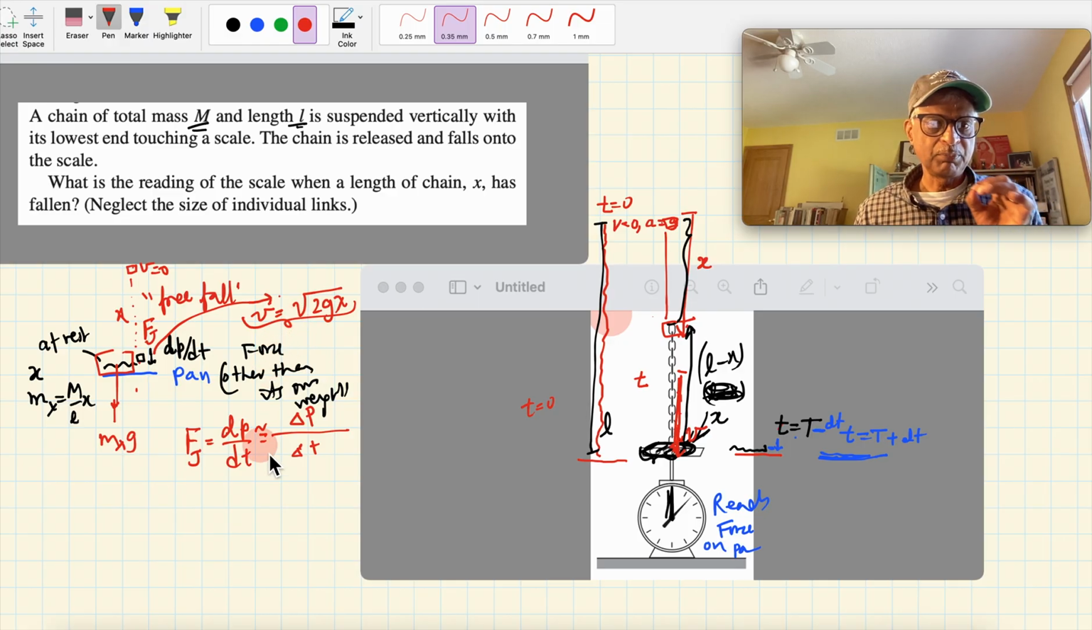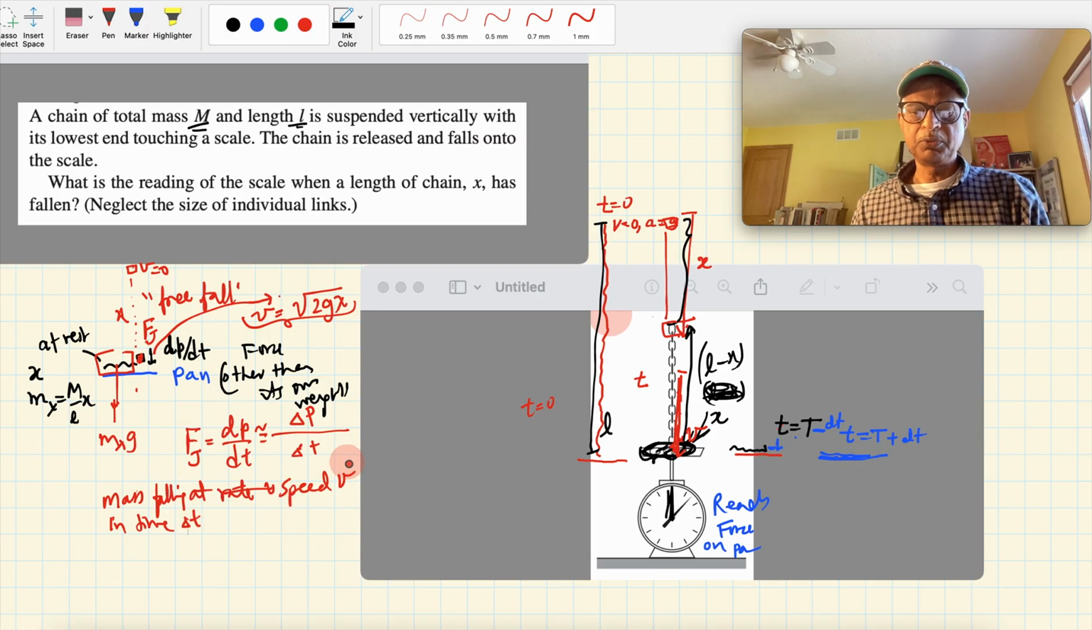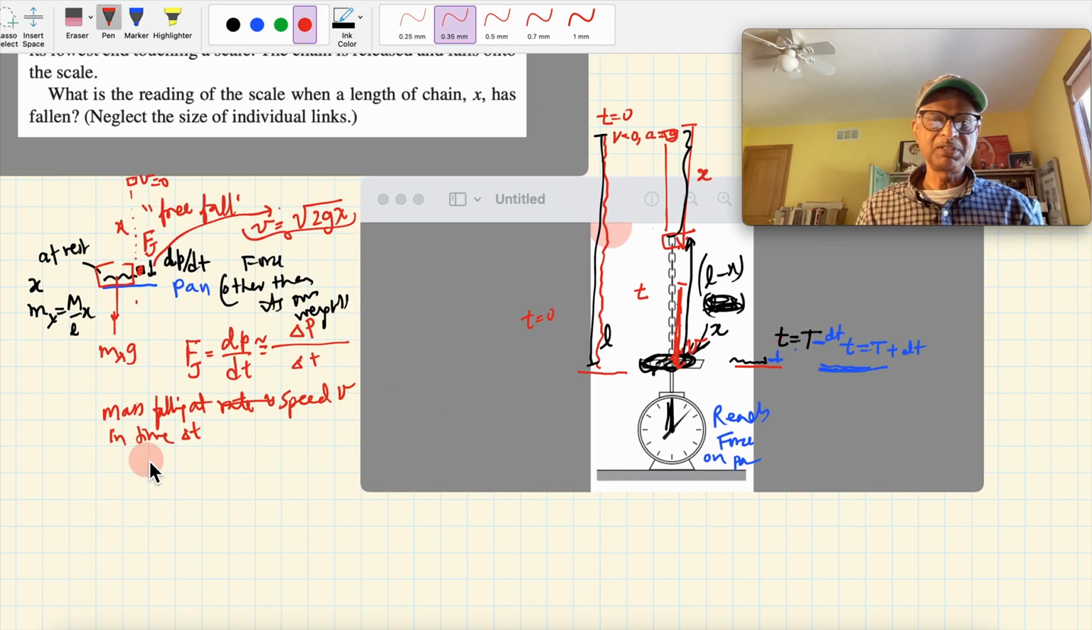But what's the mass of this link? How much mass is falling at speed v in time delta t? How do you figure that out? Okay, there are actually several ways you can figure it out, right? You can say, well,